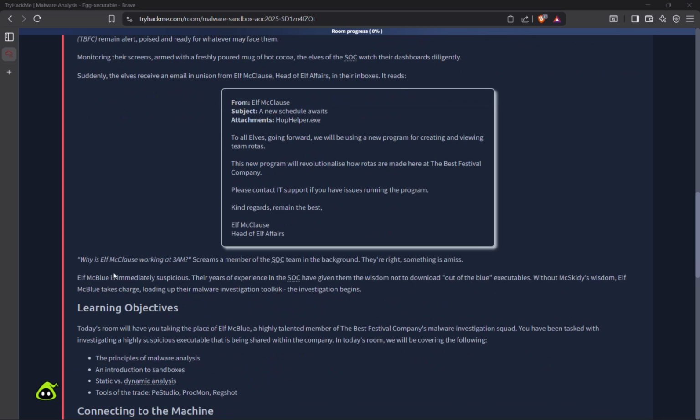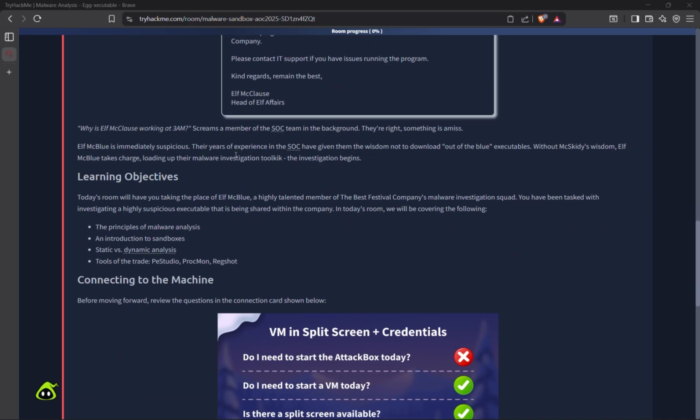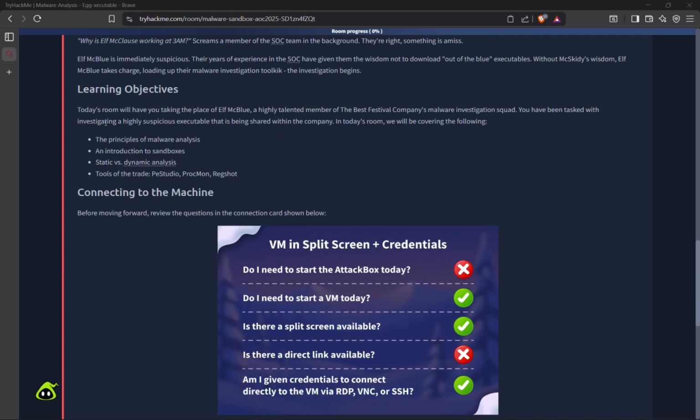Okay, why is Elf McMalware working at 3 a.m. first of all? Screams a member of the SOC team in the background. They're right, something is amiss. Elf McBlue is immediately suspicious. Their years of experience in the SOC have given them the wisdom not to download out-of-the-blue executables. Without McSkidy's wisdom, Elf McBlue takes charge, loading up their malware investigation toolkit. The investigation begins. Okay, so in today's room, we're going to discover